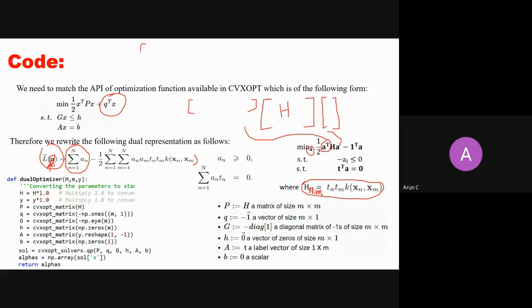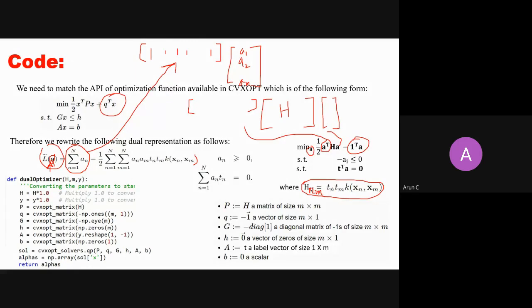So how can I write it? I can just take a dot product with all ones here: 1, 1, 1, 1, and there are n entries. And then I will just multiply it with the alphas A1, A2 and AN. If I take a dot product, it is nothing but I am summing every component here, right? Which is nothing but this, right? So I can write this summation of A1 to AN like a dot product between a vector of 1s and the A's. So this is what I have written here.